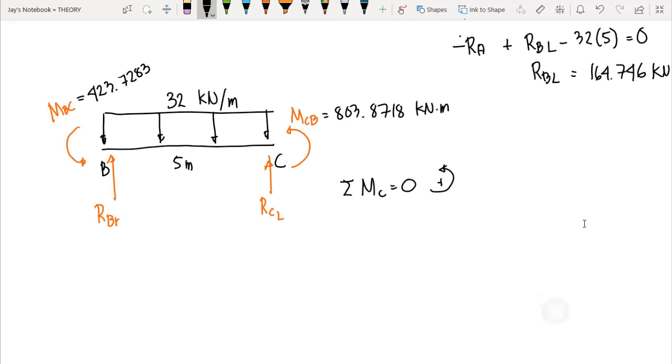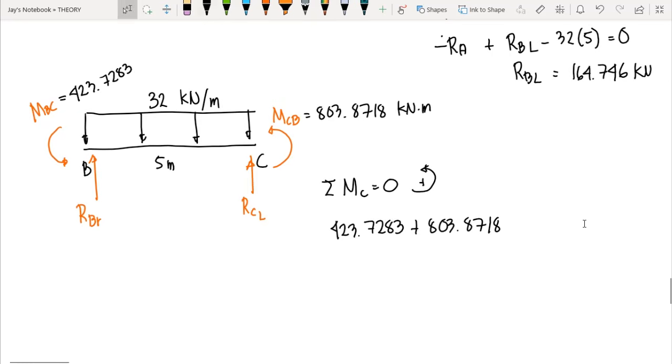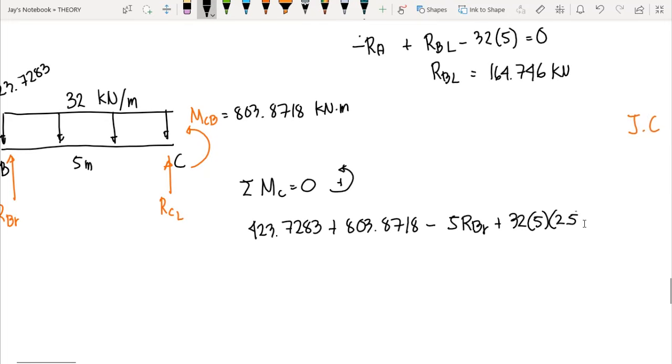So we can compute RBR here first by summing up moment at C equal to 0. Counterclockwise moments are positive, so we have 423.7283 plus 803.8718. These are all counterclockwise. Then minus 5 RBR, then plus 32 times 5 times 2.5, and this equals 0. So we have RBR here, which is equal to